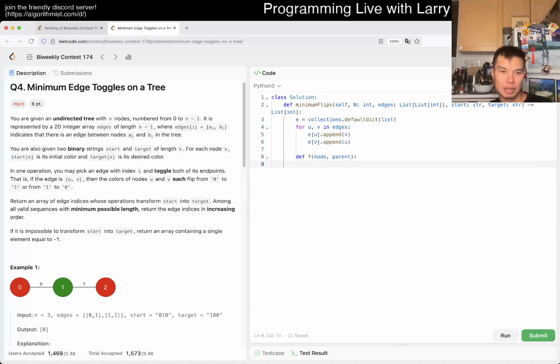Alright, and then now it's impossible. Okay, then it's just about, well, minimum is still tricky. I guess maybe it's not trivial, but